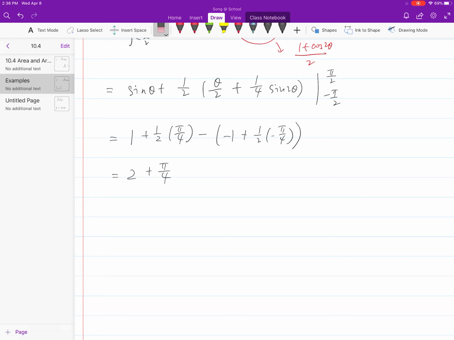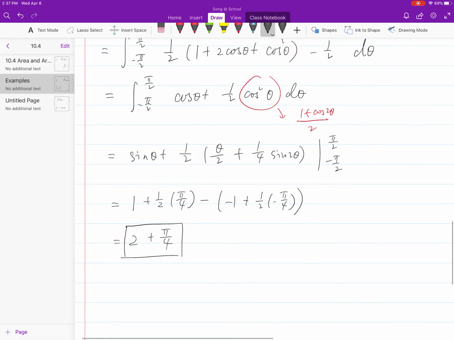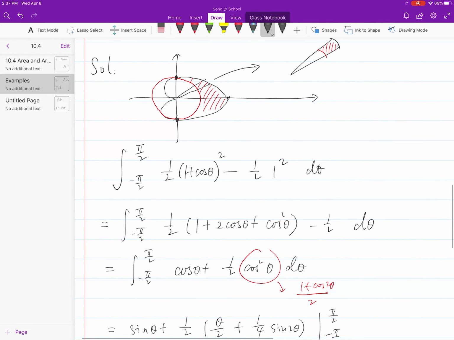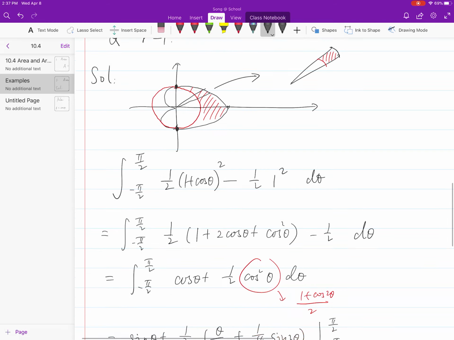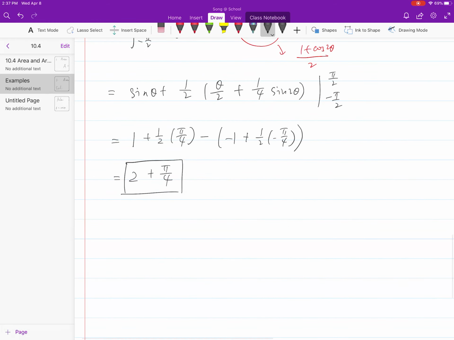Let me just do this. Okay, so now it should give me 2 plus pi over 4. So that is the area of the region between the functions, the cardioid, the outside minus the inside. Through computation, we got this. Okay, so that's it. That's how you find the area of